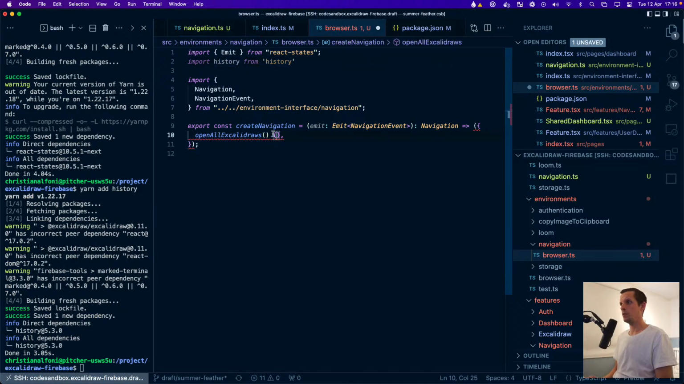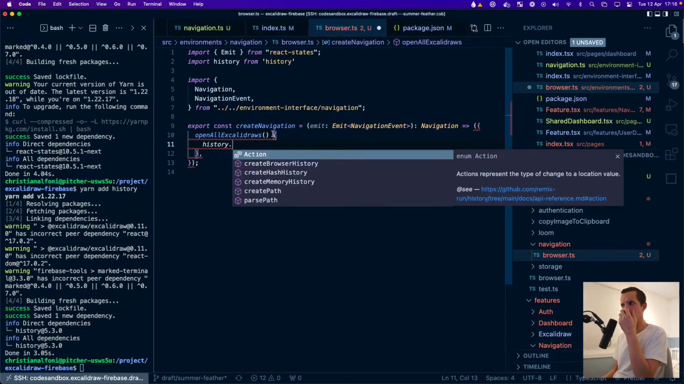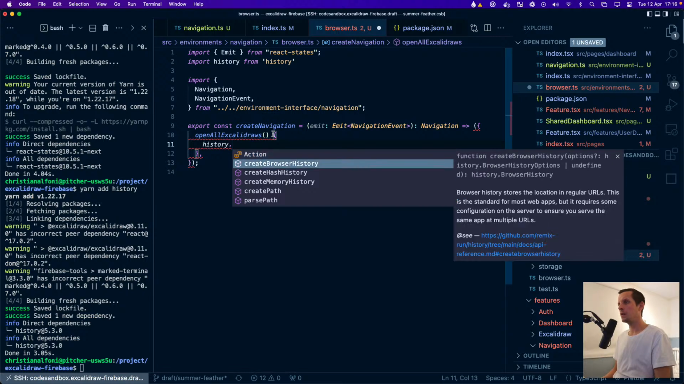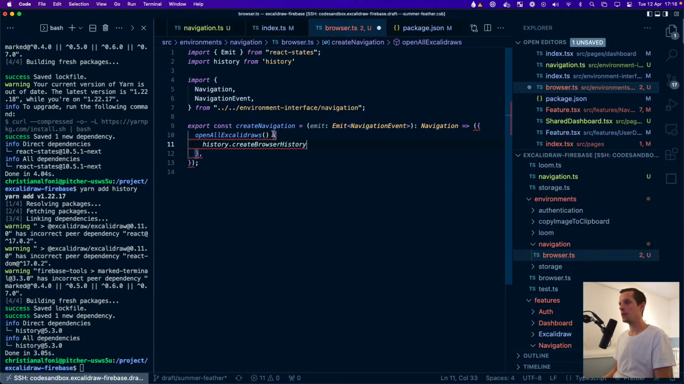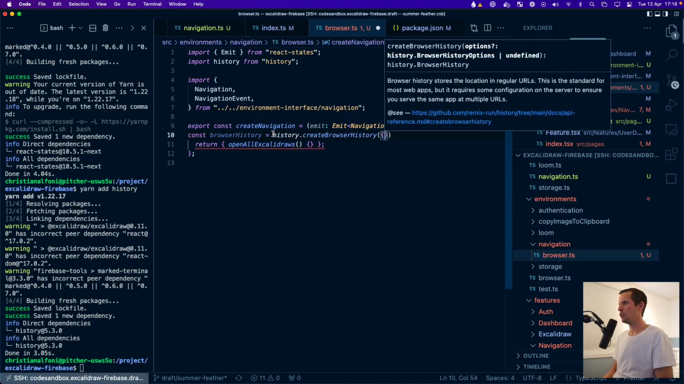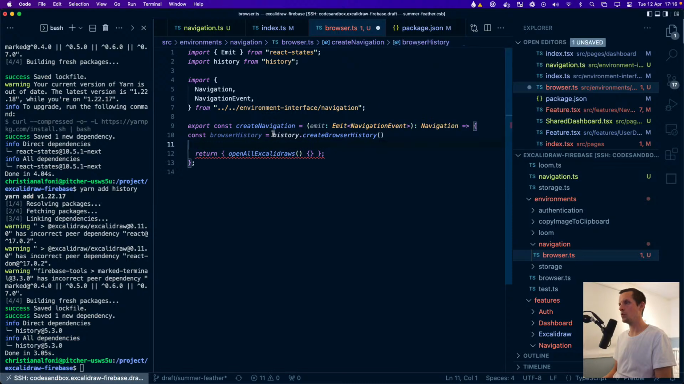And then we should be able to just say history. Isn't it like push or something? Oh, create browser history. Interesting. Okay, so let's do that when we initialize this thing. Sorry about that, going back and forward here. Browser history. Options. I guess we don't need any options. So we say browser history